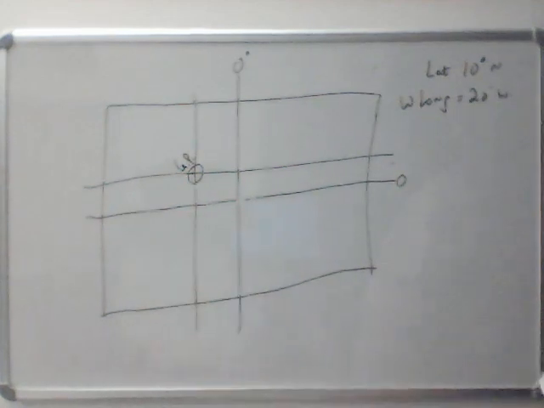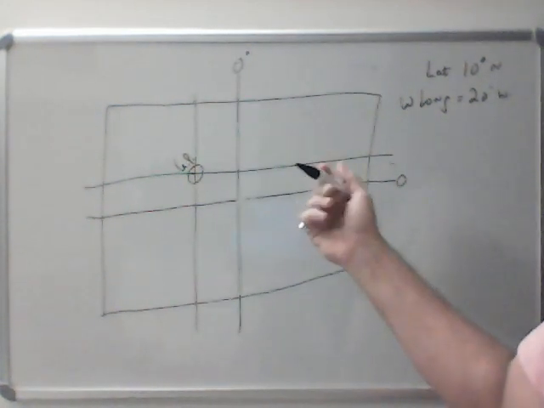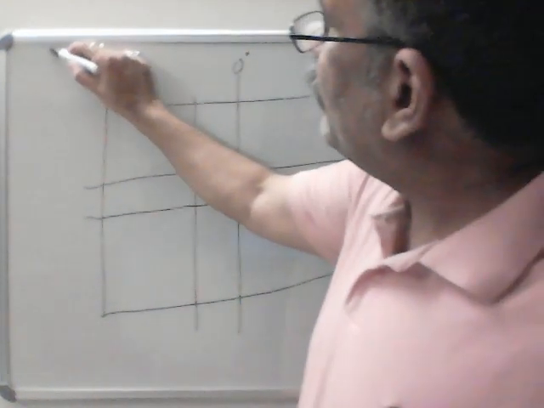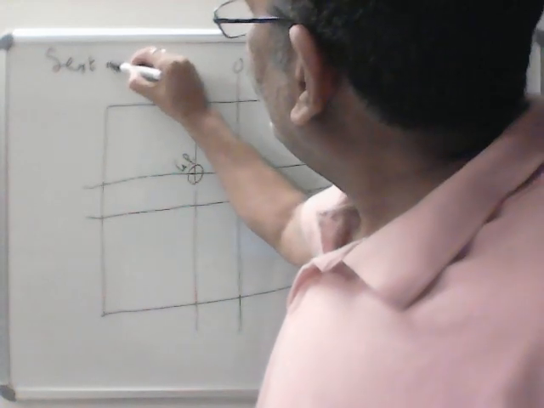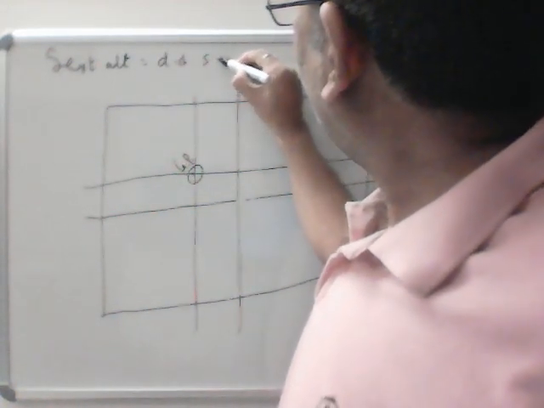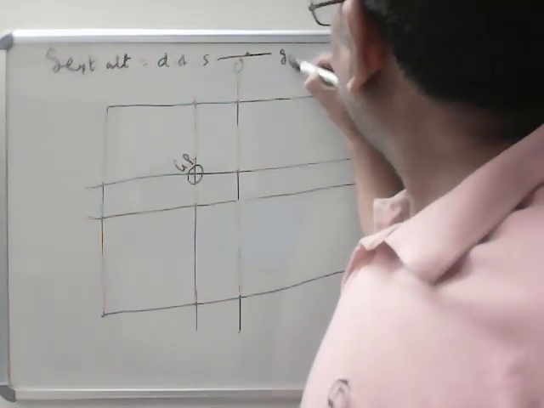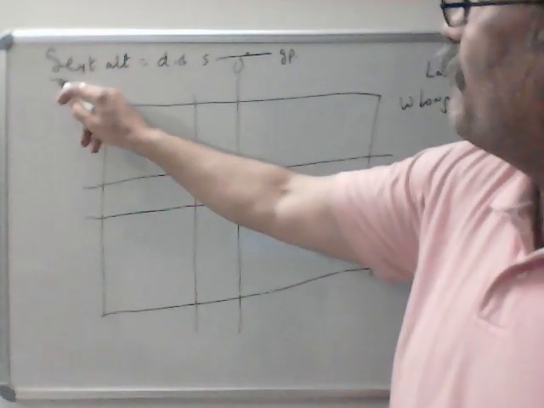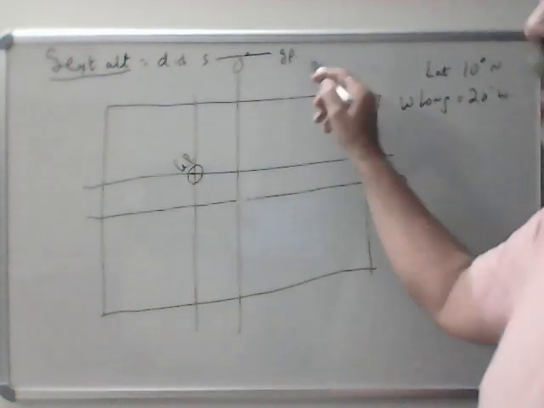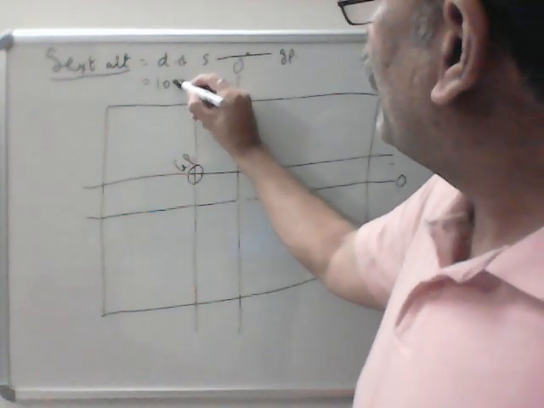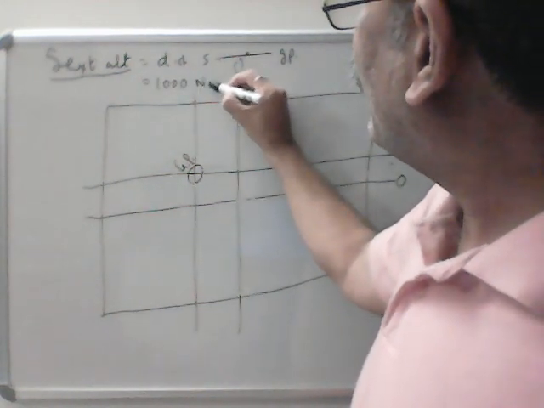I will show you in the next video how to practically calculate the altitude of the celestial body. So from the sextant altitude, you will get the distance of the ship from the GP of the celestial body. GP is already plotted. So let's say from the sextant altitude, you calculated the distance, which I will show you later how to do, and you got a distance of 1000 miles. Let's say nautical miles.